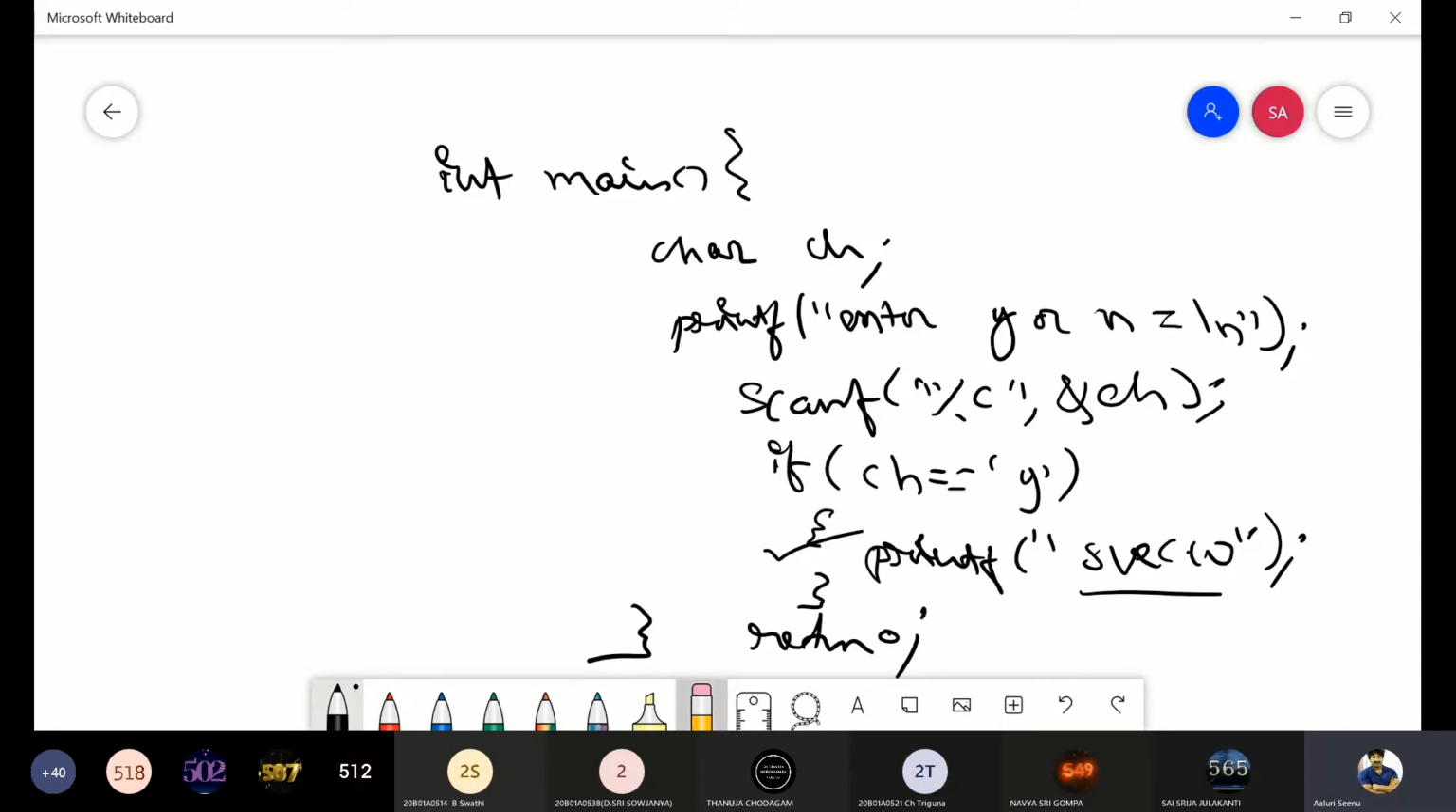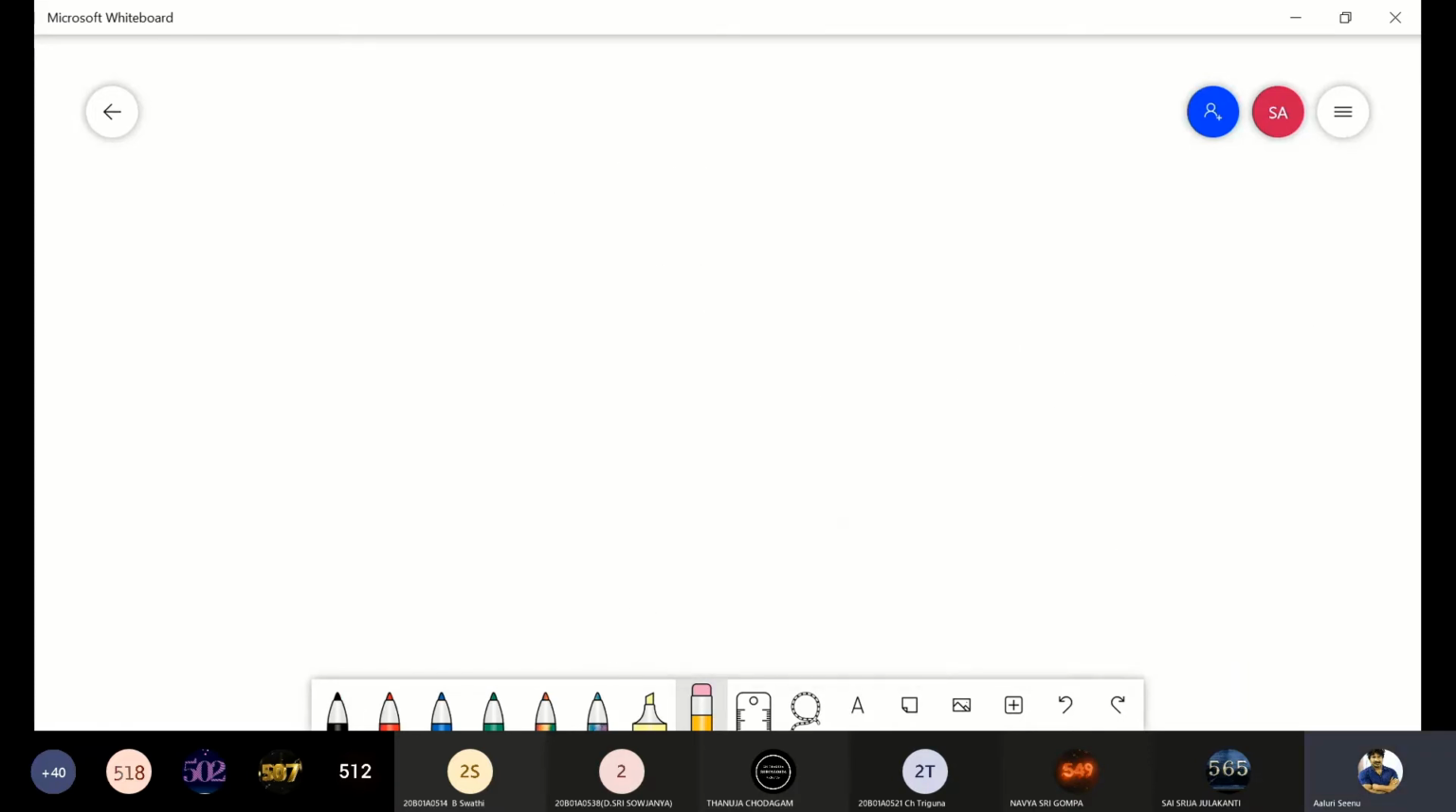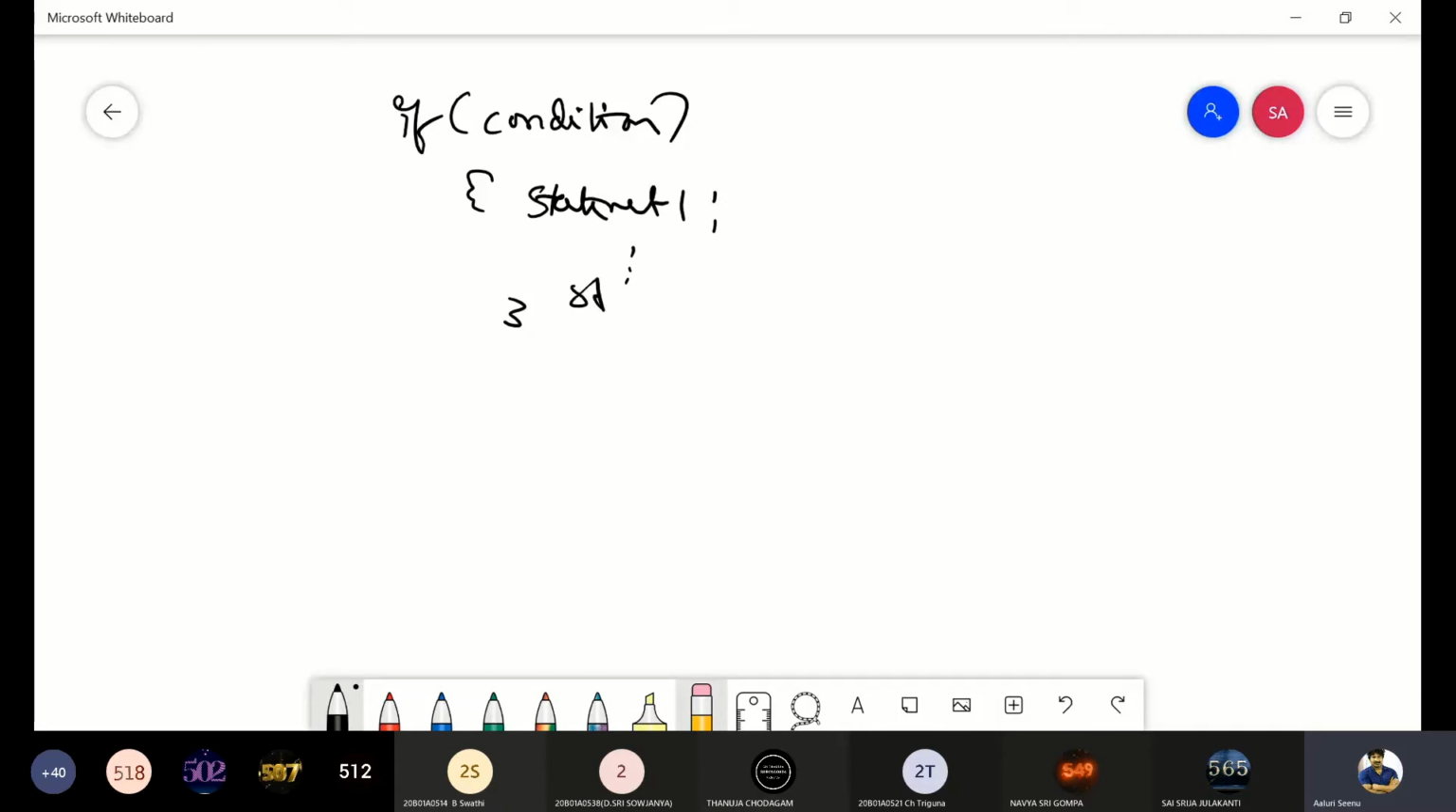Okay, ma. So that's about a simple selection, and a simple selection means we perform something only for the true action. There won't be anything for the false action, right? So if I want to do something also for the false action, then we go for the if else. So if else is nothing but: if condition, if it is true, we execute the set of statements, statement 1 to statement n, else